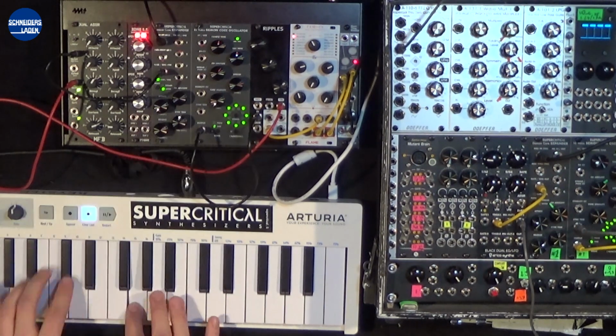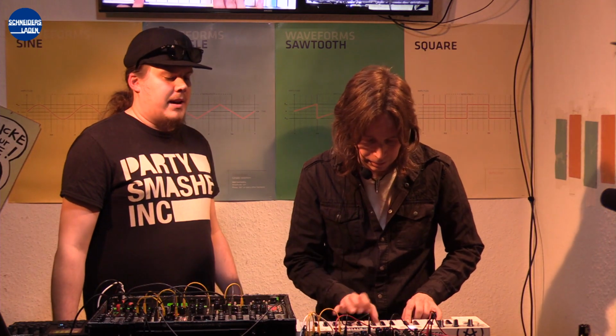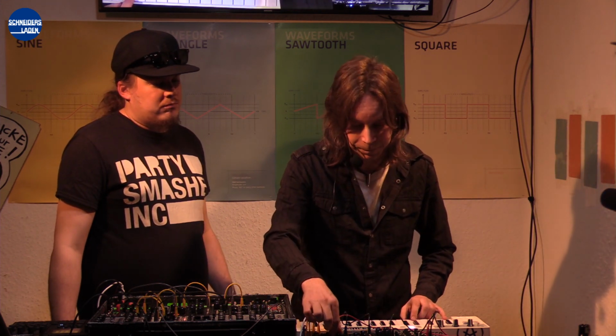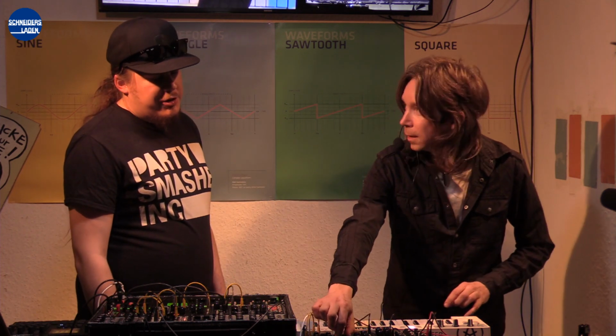So this, now I'm using the ripples filter and the module, but nothing more. And is the filter modulated? The filter is modulated, so yeah. If I turn the filter modulation off, it's... Yeah. So it kind of still works similarly, but yeah. One thing to mention about this